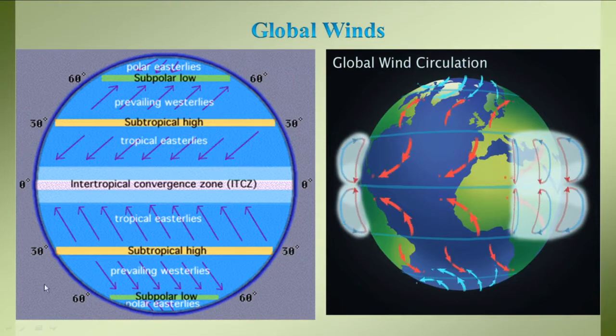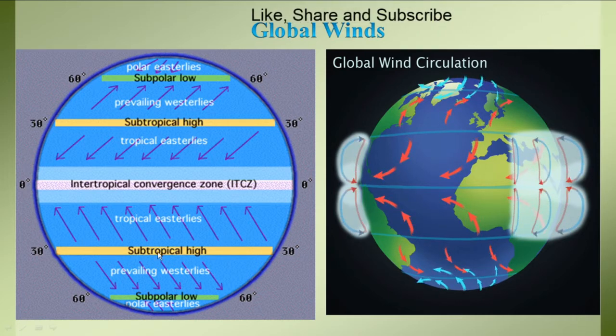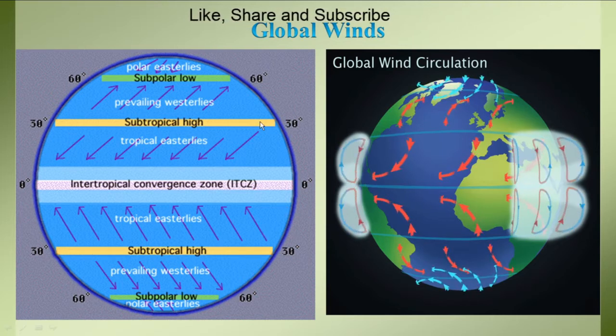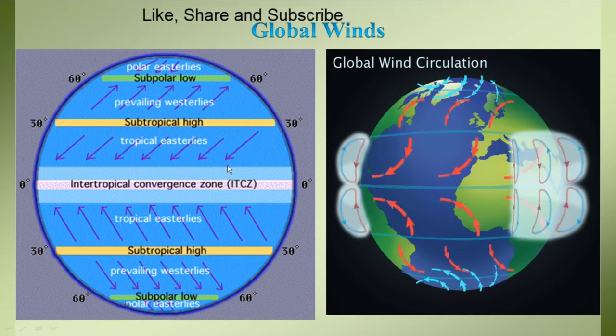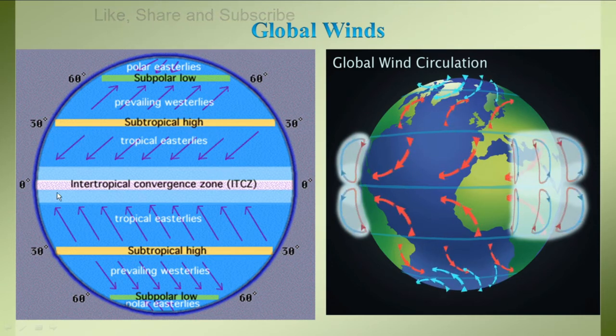Basically, when we see the Earth's structure, it is divided into a number of parts. The central part, which is the equatorial part, is the intertropical convergence zone. From the Tropic of Cancer to the Tropic of Capricorn, this part is more exposed to the sun's radiation. So in the daytime, a larger amount of the sun's radiation is absorbed by this part. On the equator, a larger amount of solar radiation falls throughout the year. Therefore, it is called the intertropical convergence zone, that is ITCZ.